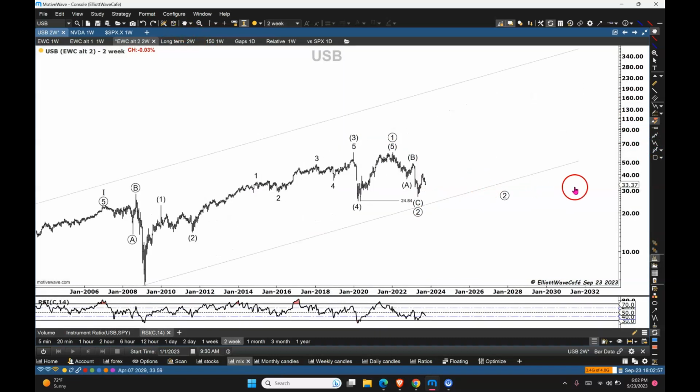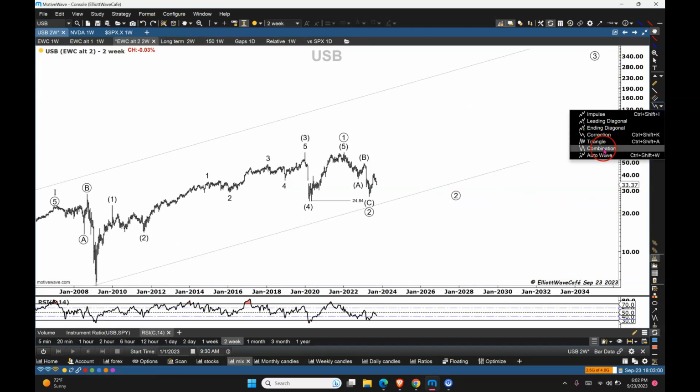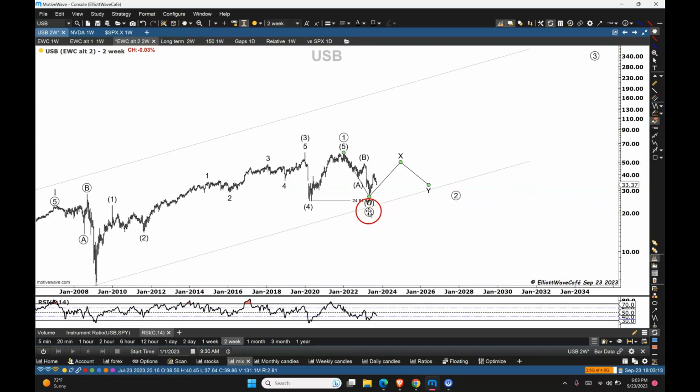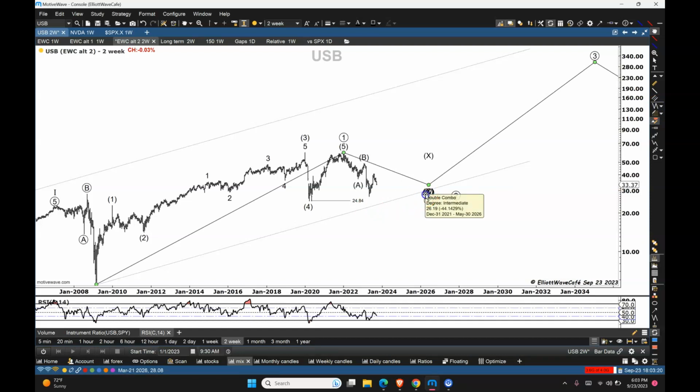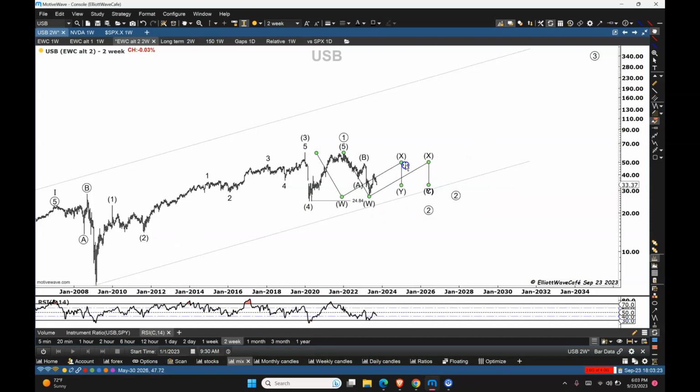We go to a 2 week here. I'll show you. Combination, all right, like this, and we're going to hook this up there. Okay, come on, made a mess out of this thing. Sorry, guys. Okay, what don't you like? Oh, it's because, oh, I know. The C wave is supposed to be right there. Okay, there you go, ABC. And then that's our 2. I'm sorry about that. Okay, so you can see WX and then down in Y for a wave 2,